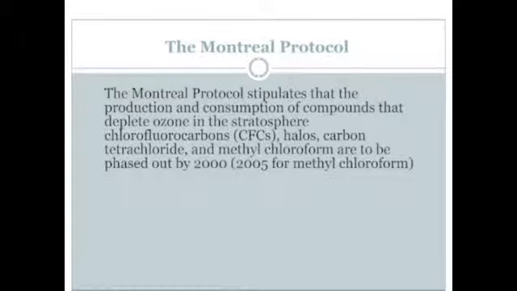The Montreal Protocol stipulates that the production and consumption of compounds that deplete ozone in the stratosphere, chlorofluorocarbons, halons, carbon tetrachloride, and methyl chloroform are to be phased out by 2000, and 2005 for methyl chloroform. Scientific theory and evidence suggests that once emitted to the atmosphere, these compounds could significantly deplete the stratospheric ozone layer that shields the planet from the damaging ultraviolet